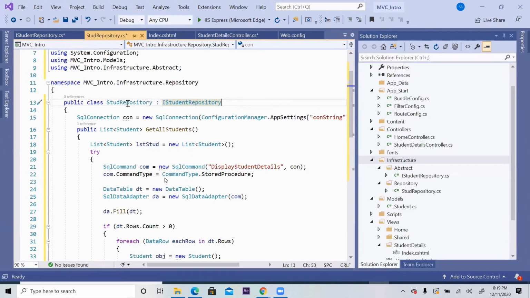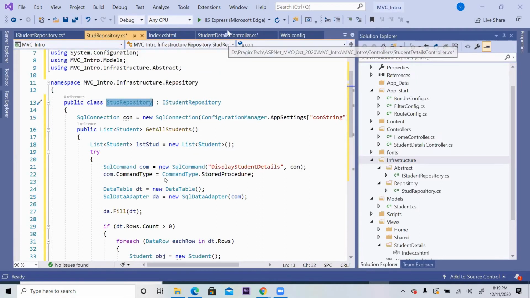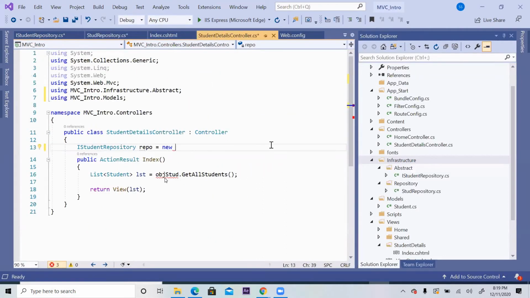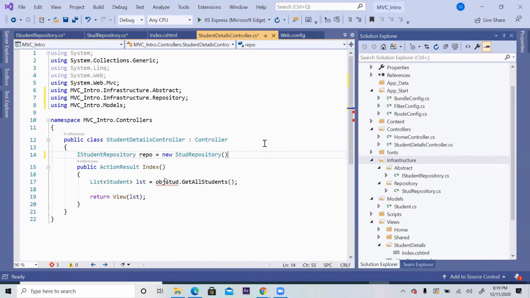So StudRepository, Ctrl dot. So interface reference equal to new implemented class. Now this object will help me to call the function GetAllStudent.